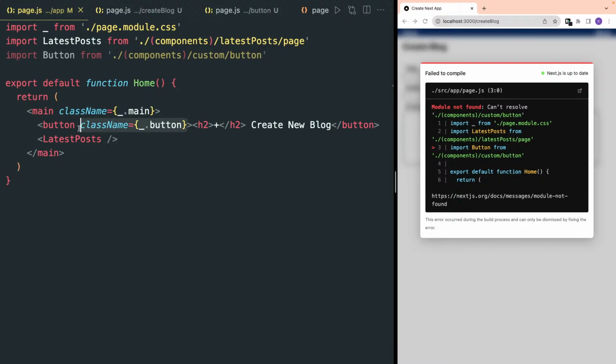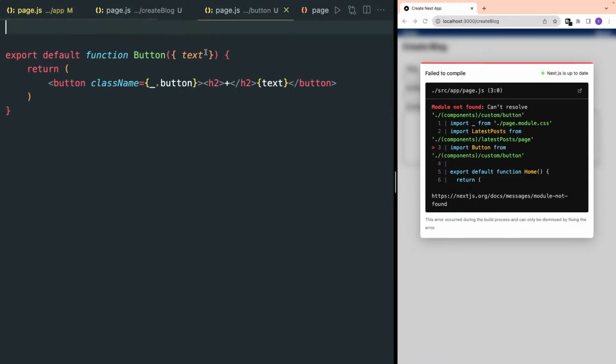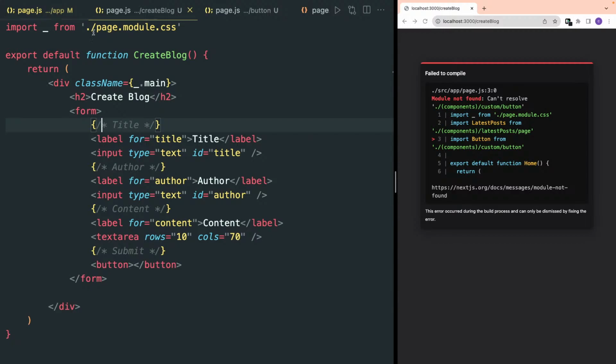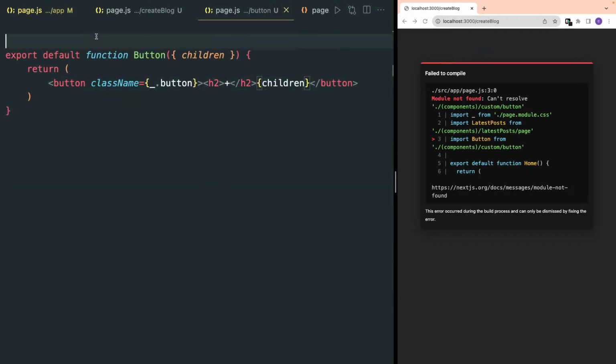Actually, let me remove this, and instead of this getting a prop text, I can take the children prop that will render whatever we have written inside the button. Okay, so inside our button, right, we will import from page.module. Okay,